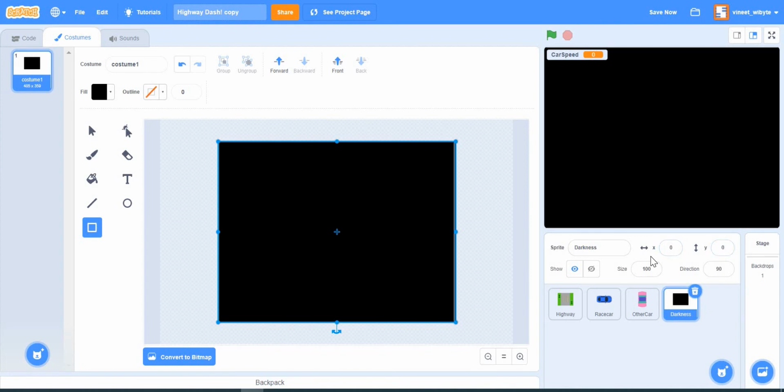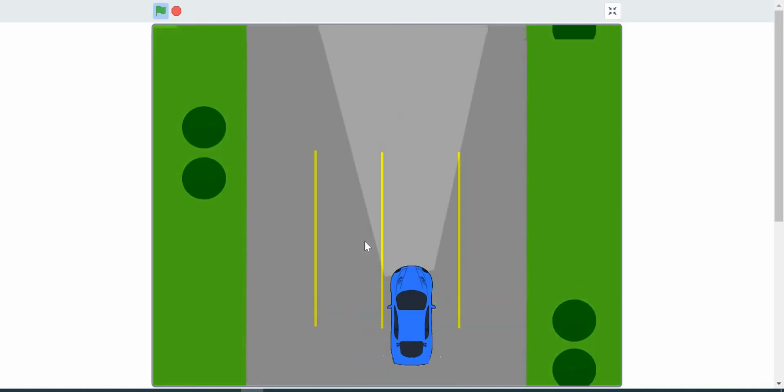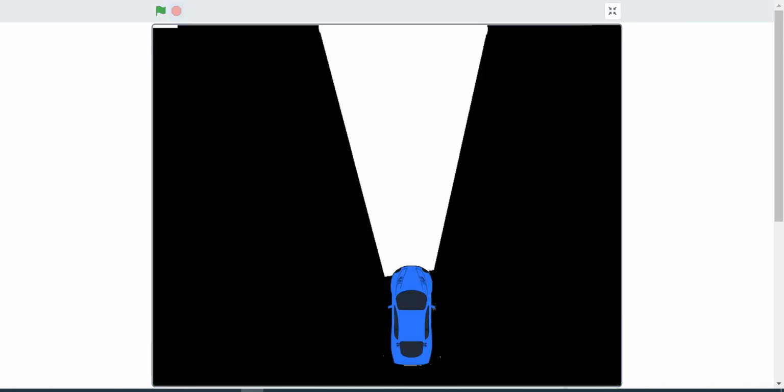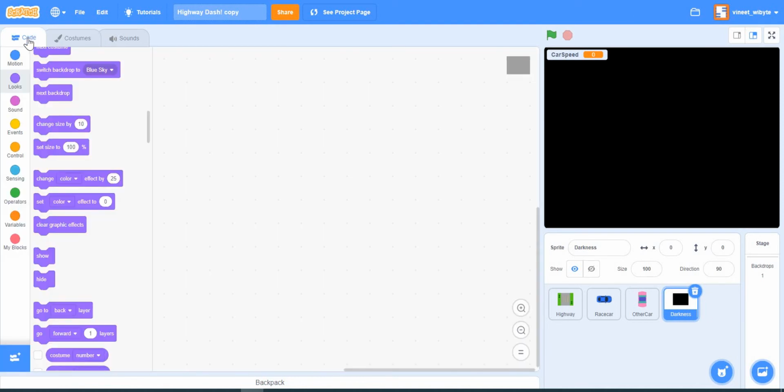For the next part, to be able to draw that headlight portion, notice in my game here I also have this headlight generated. To do this I need to edit this costume in a way that I'm able to see the car. Which means I'm going to have to change the layers so that the car becomes visible. We will talk more about layers, but like I said, layers is really about with two sprites falling on top of each other, which one gets seen.